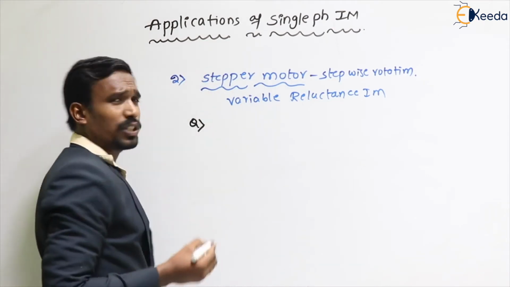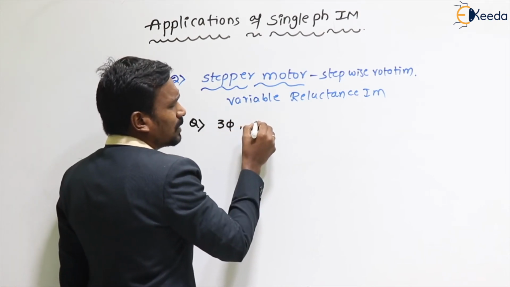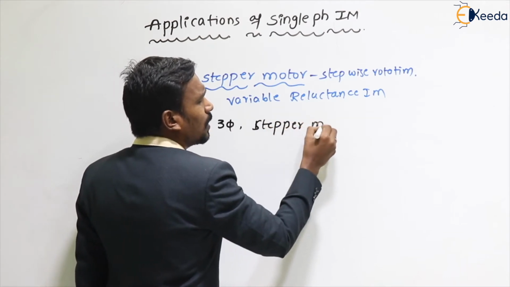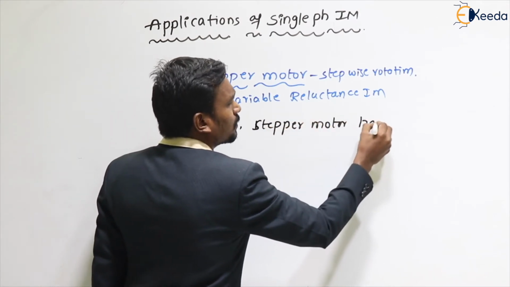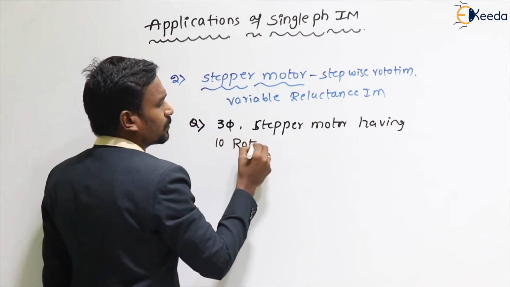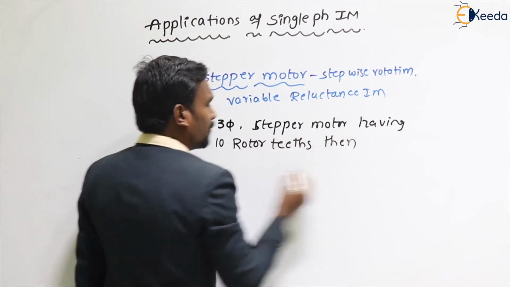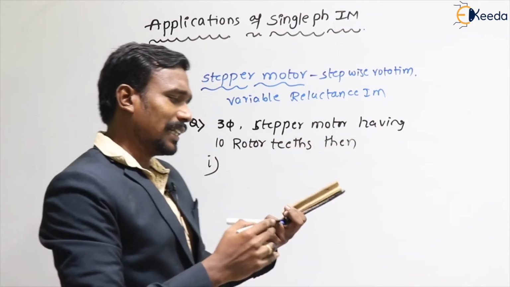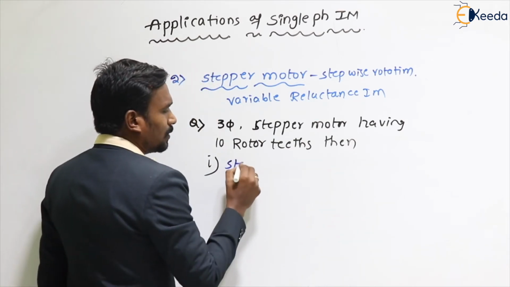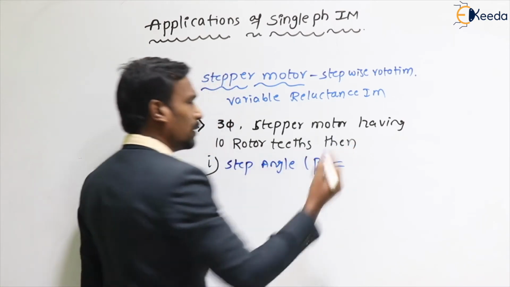I will give you one question. A three phase stepper motor having 10 rotor teeth. Then the first one, they have given like this. They are asking the first question, what is the step angle? First question, step angle beta is equal to